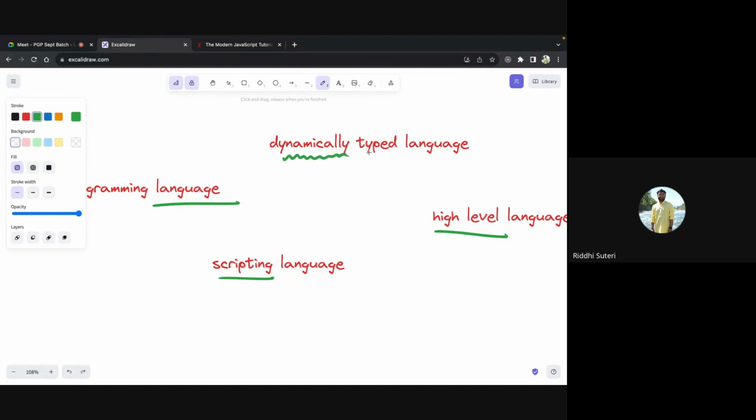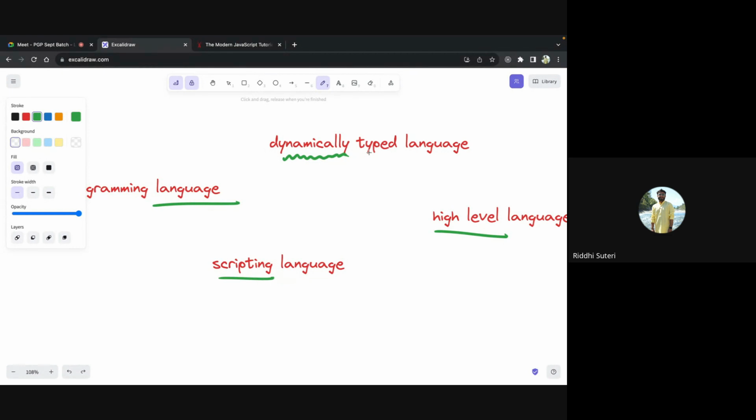If you are coming from a background where languages like C++, C or Java were used, you might have seen that while denoting a variable, while denoting the return type of a function, or while doing any major operation, you always need to tell the type of the data that you will be dealing with, right? Maybe I want to take an input. I have to tell what specific type of variable I want to create. Do I want to create an integer type? Do I want to create a double type? Or do I want to create something like a string type? That has to be specifically told before moving ahead.